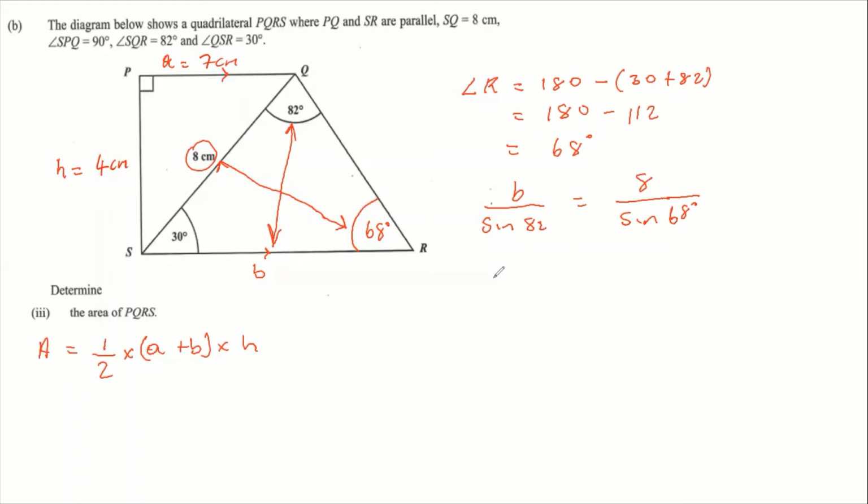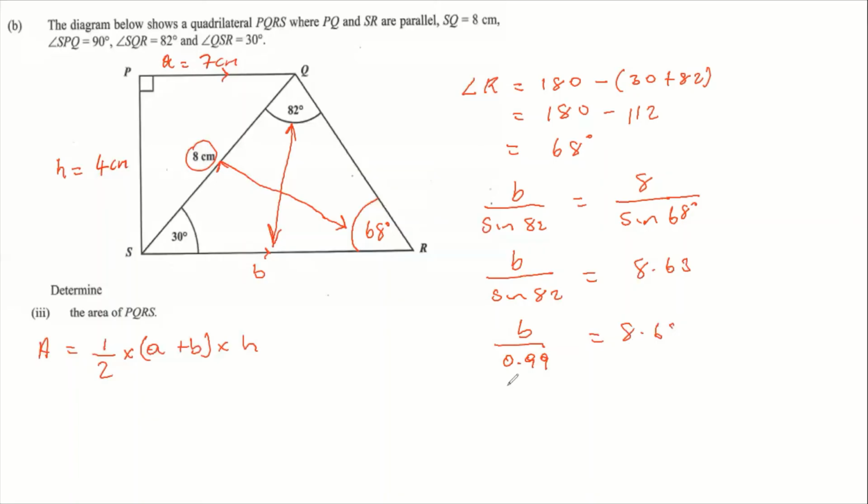We'll keep this side for now. So it's going to be B over sine of 82 is going to equal, what's 8 divided by sine 68? That's going to work out to be approximately 8.63. And if we put sine 82 on our calculator, then we'll have B over approximately 0.99